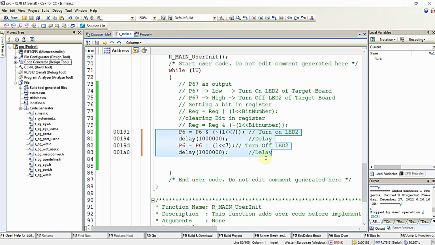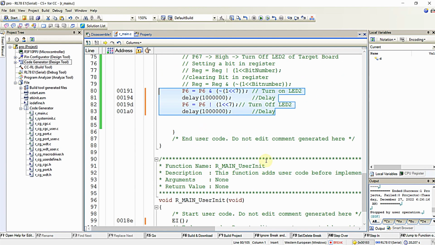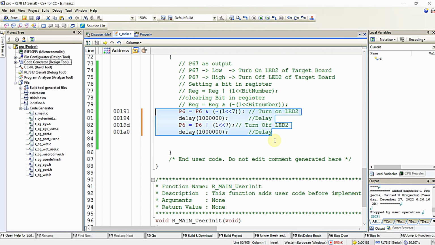That is, for that configured output pin, we learned how to write the user program in this main.c source file generated for our convenience. And finally, we learned to write the LED blink program for the LED which is connected to P67 of the microcontroller, that is available in the development board